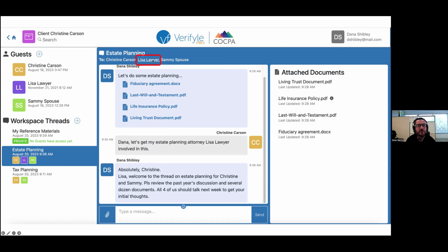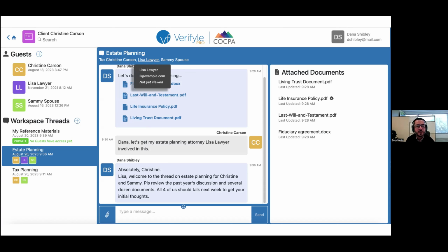If I click any one of their names, I can see the last time they looked at this thread. So in this case, I click Lisa Lawyer, it says she hasn't viewed it yet. But if I were to click Christine Carson, it would tell me the last time she was in here. So it's a really quick way to see when was the last time somebody viewed a thread where you might be sharing really important information.